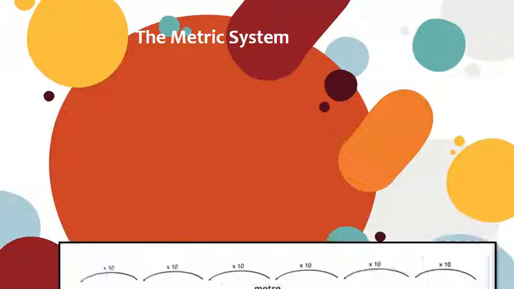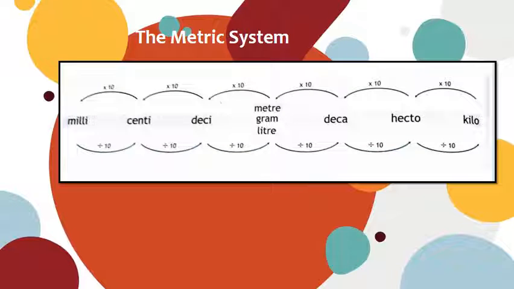Now children, let us revise how the units are related to each other. Now look at this figure. From this figure, we can easily remember the sequence of units and how the units are related to each other. Here children, each unit is 10 times the smaller unit before it and 1 by 10 of the larger unit after it. For example,